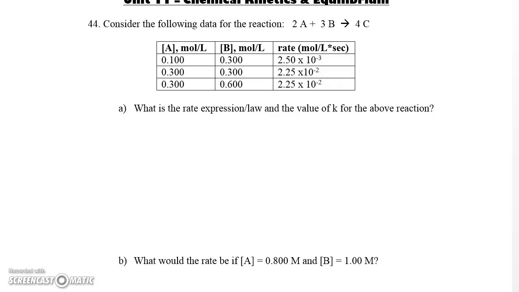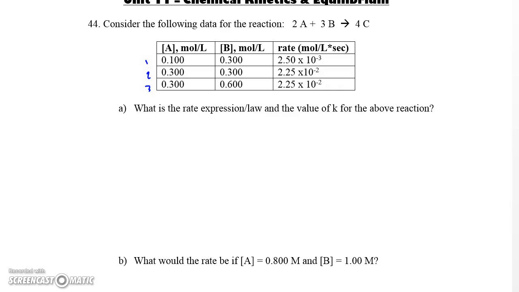So we've got 2A plus 3B yields 4C. Doing rate laws, we ignore the coefficients out in front. We only deal with coefficients when we're dealing with equilibrium constants. So I want to find two experiments. We'll call this experiment number 1, experiment number 2, and experiment number 3. I want to find two trials where only one of these substances changes, whether it's just A